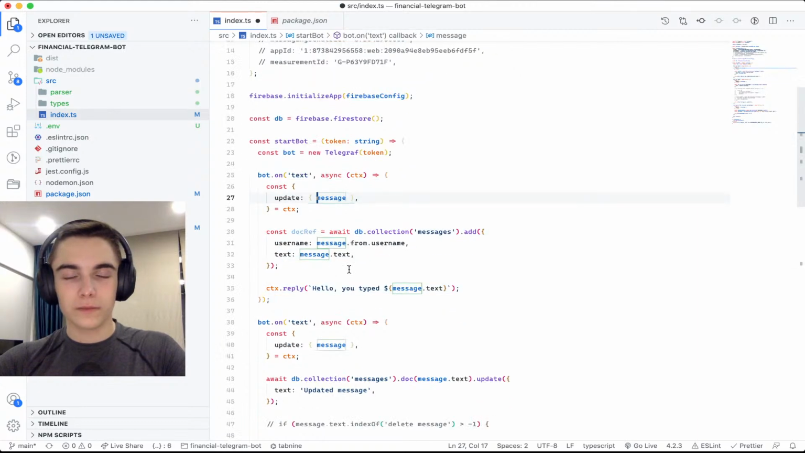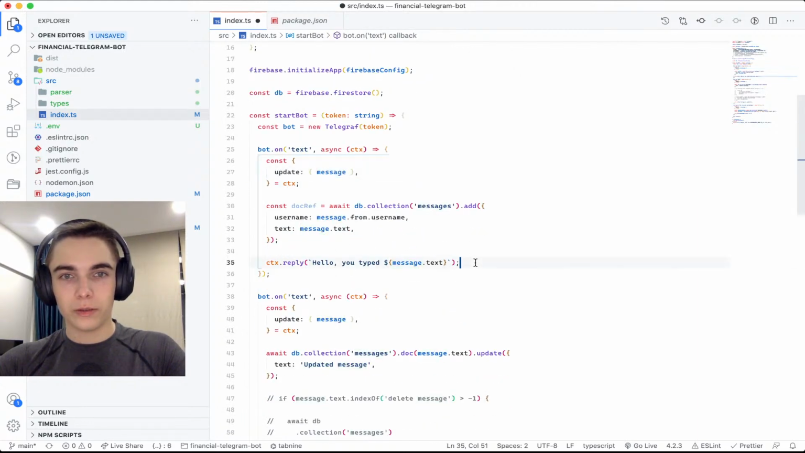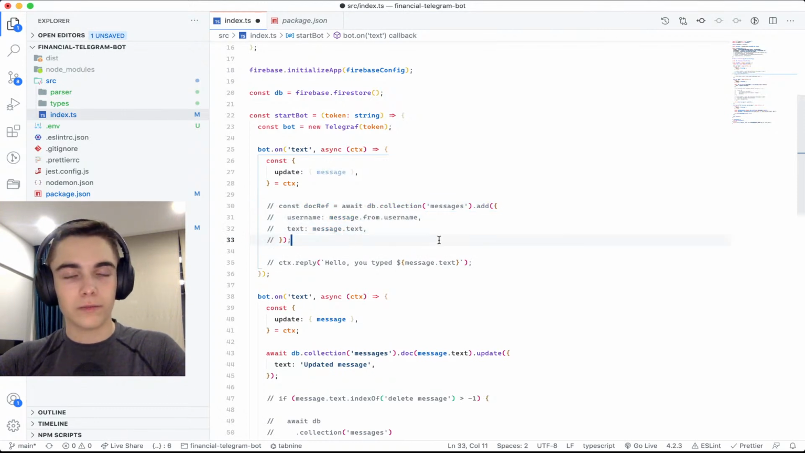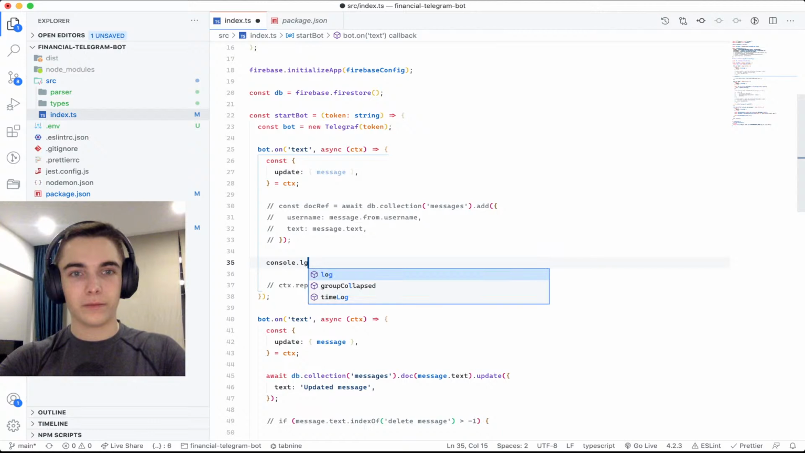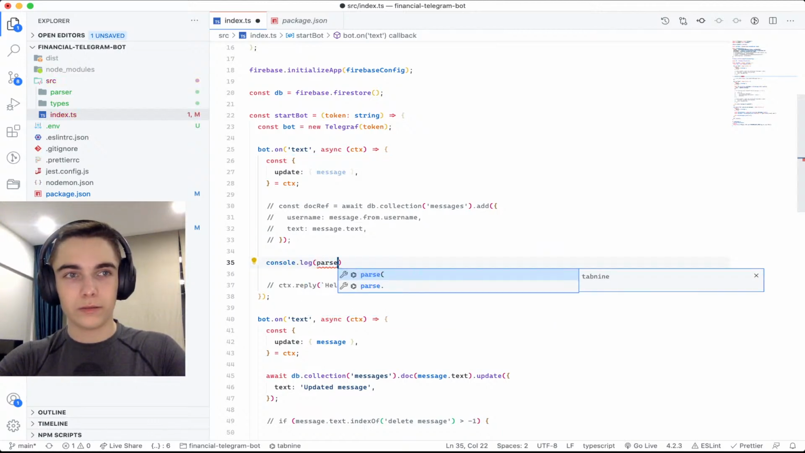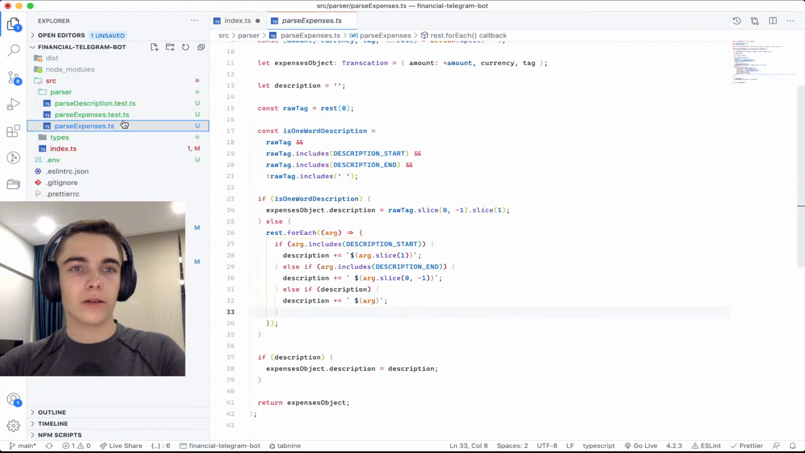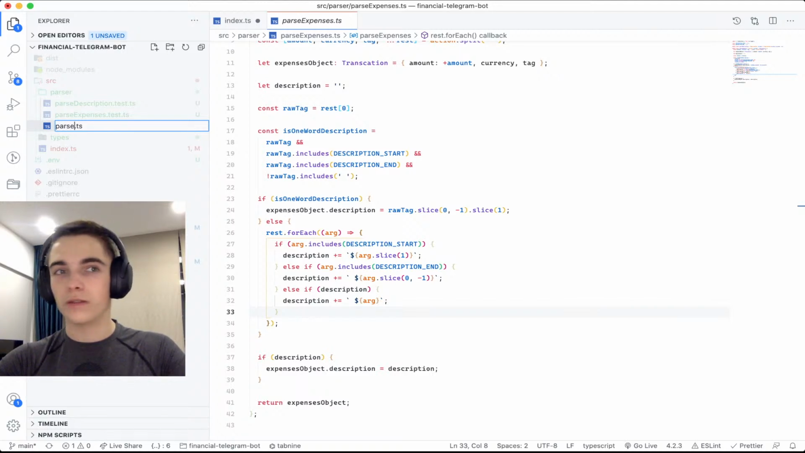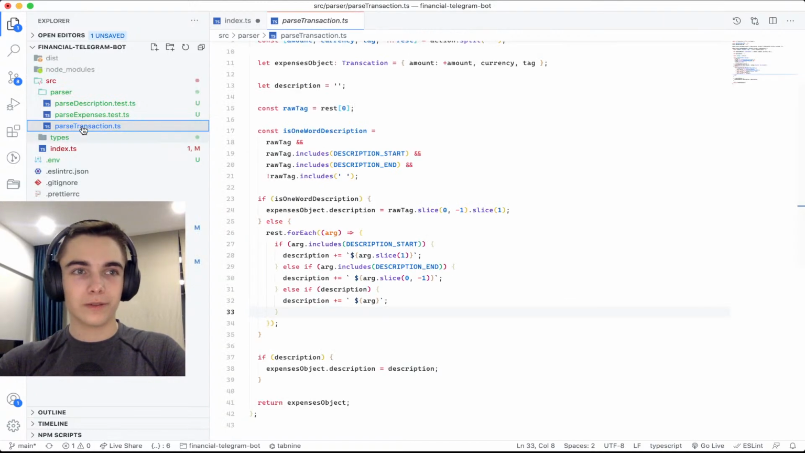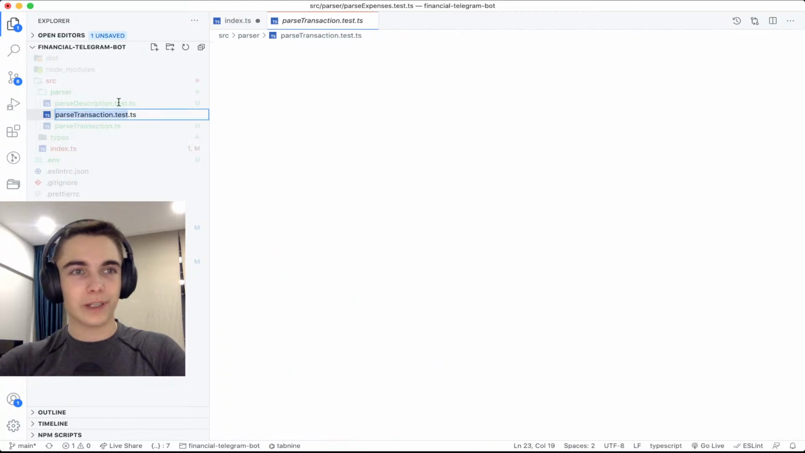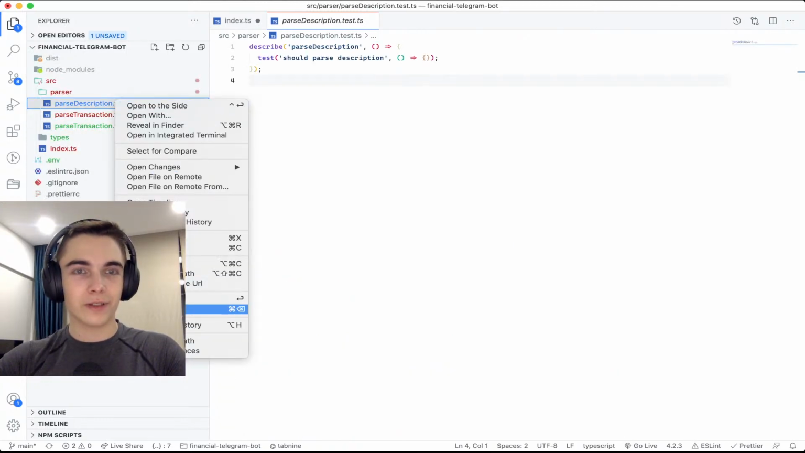You're gonna message, and we need to reply somehow. And let's try to parse our thing. Like parse expenses. We're not parsing only expenses. I don't know what is the transaction, I guess. Yeah, it's transaction. Let's call it transaction. Probably we need to read about what transaction is. I understand what transaction is, but